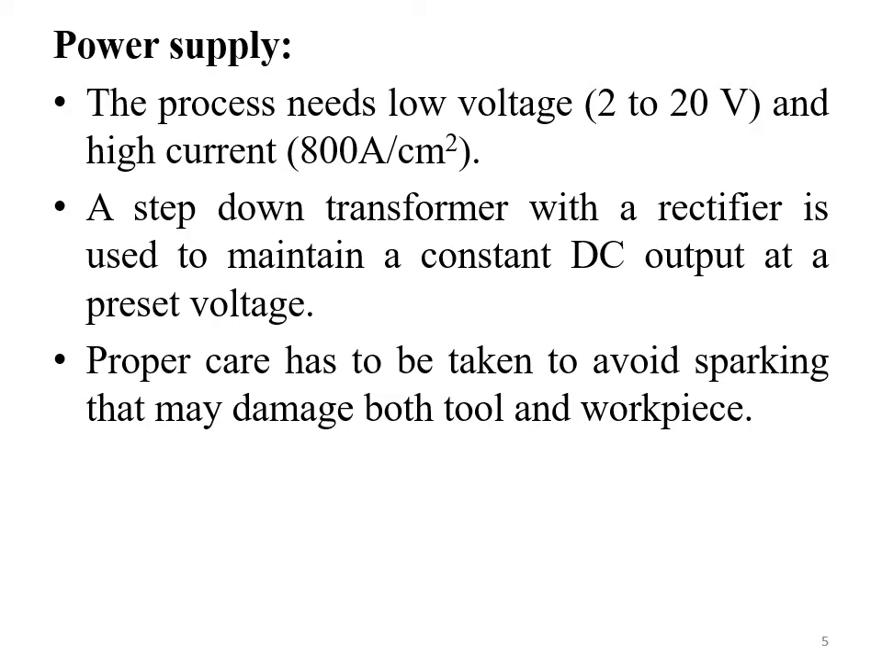A constant DC output at a preset voltage is being achieved because when the current or power source provided to the electrodes is constant or at a steady state, only then can we achieve better quality machining, or else intermittent machining will cause surfaces with a lot of waviness, a variation in the material removal rate, and many such